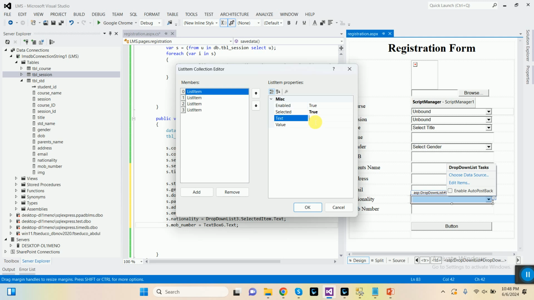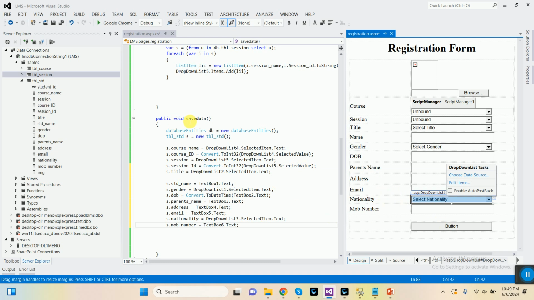The first we can give the title as select nationality, then USA, Canada, Pakistan, India, Bangladesh, Philippines. Alright,